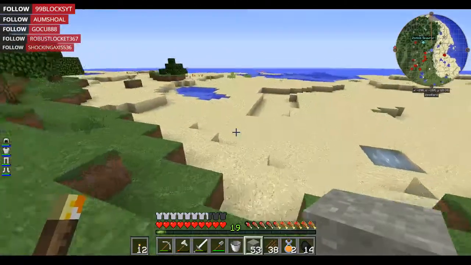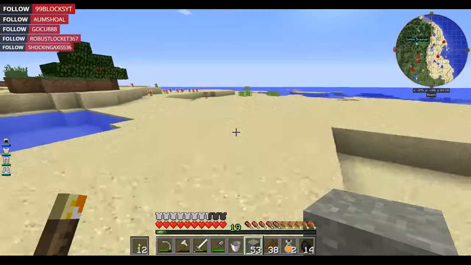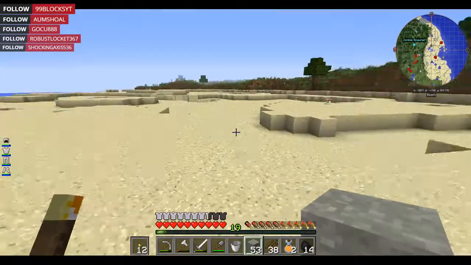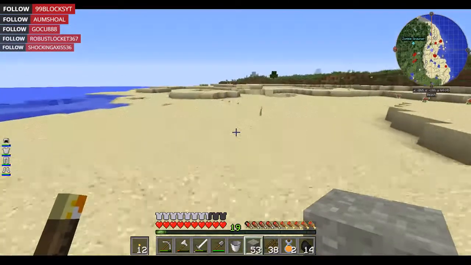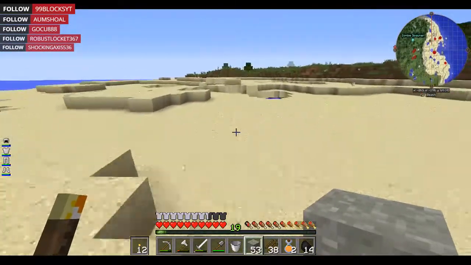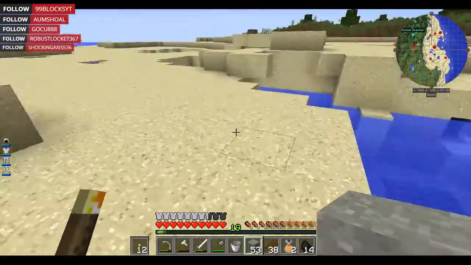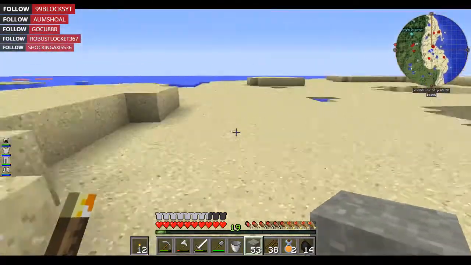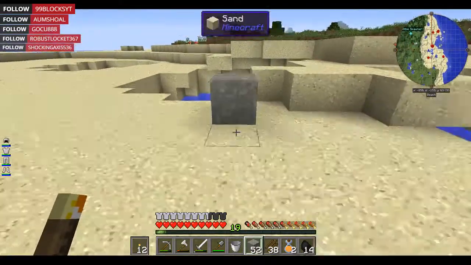Okay. Let's eyeball this from the journey map. And I will probably have to fill in these little puddles. I think right here is a good spot for my house. Let's see, so if we did...